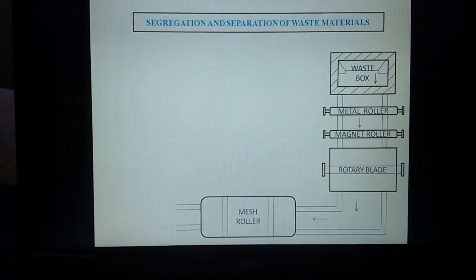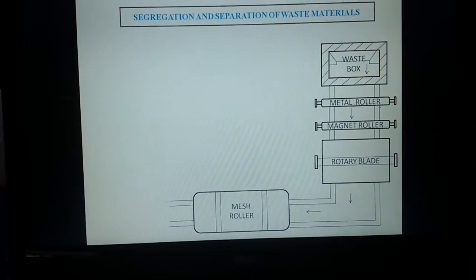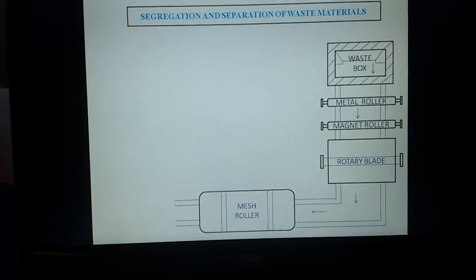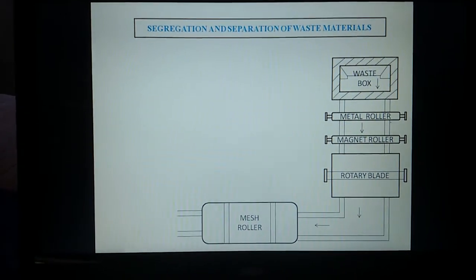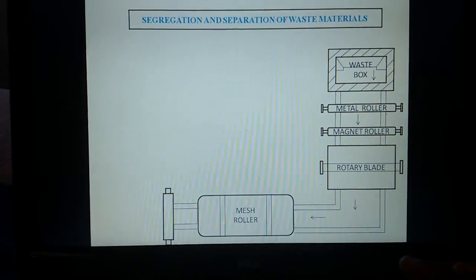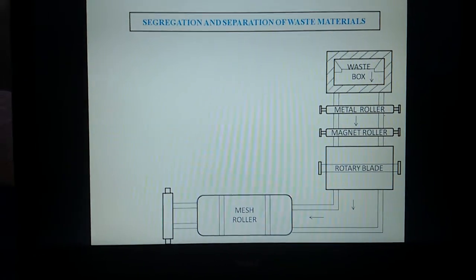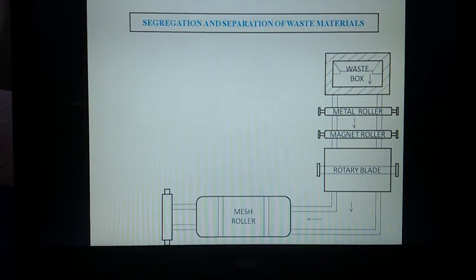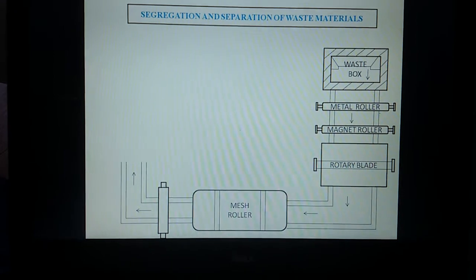turned for a certain number of minutes, and it is separated, and the waste materials which fall from this mesh roller are stored in a box, and again the other remaining waste materials move on the conveyor to the second magnetic roller, which did not stick to the first magnet roller. It sticks to the second magnet roller, and the iron items are completely separated,